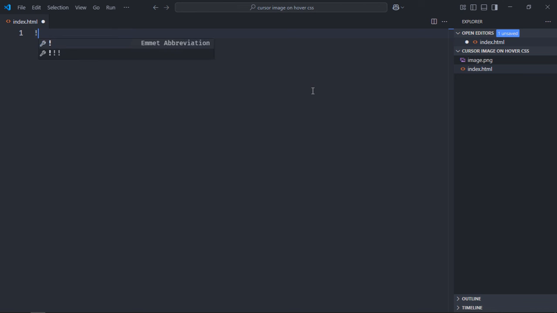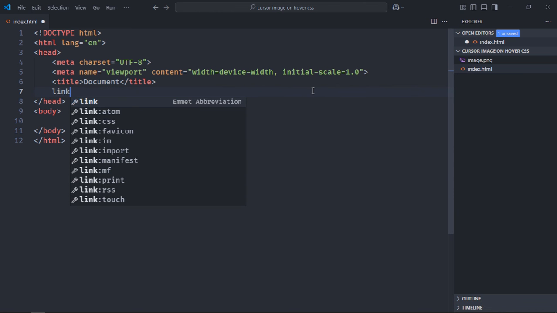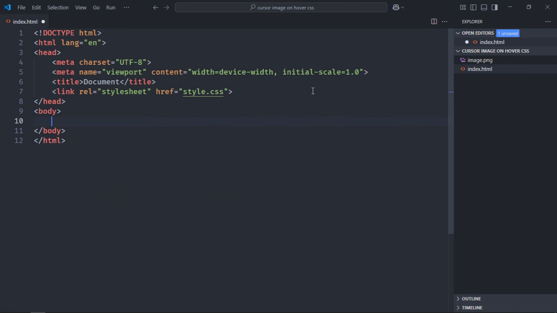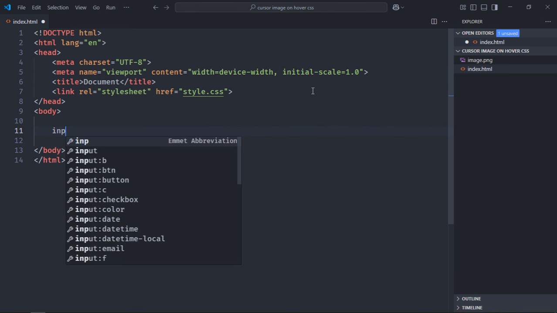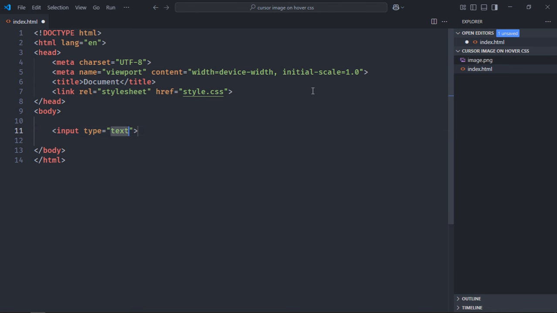Let's have a basic HTML structure. Add a link to the style sheet, it will be style.css. Here we only need our text box. So let's use the input element, type will be text, placeholder will be type here. Save it. Now create a style sheet here,